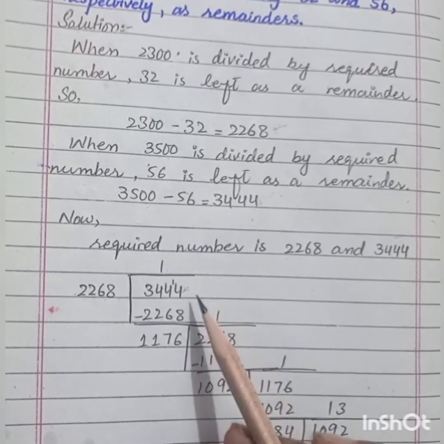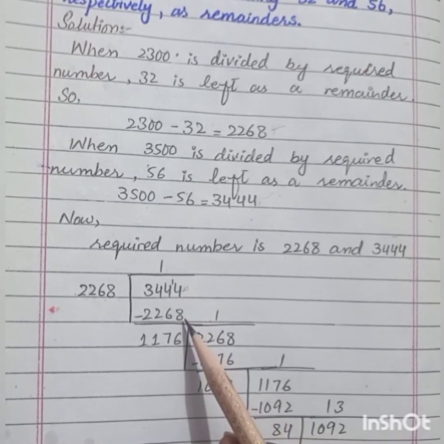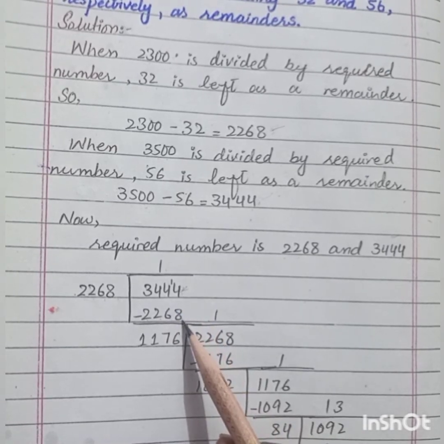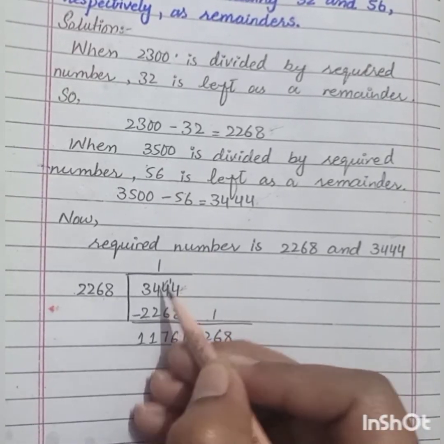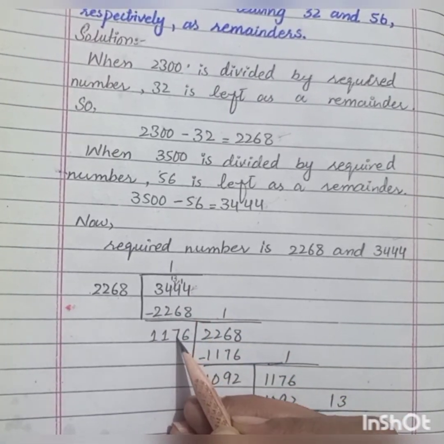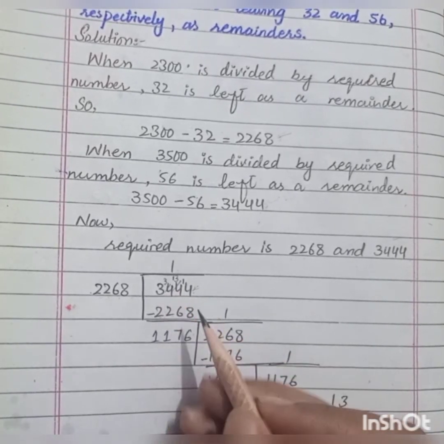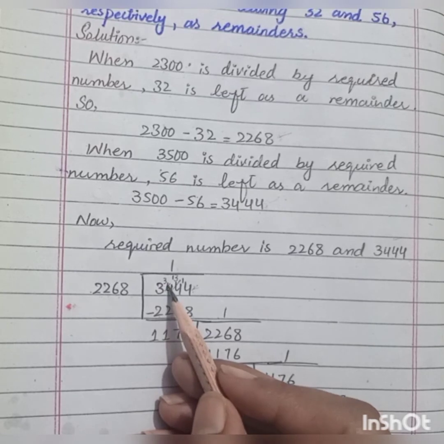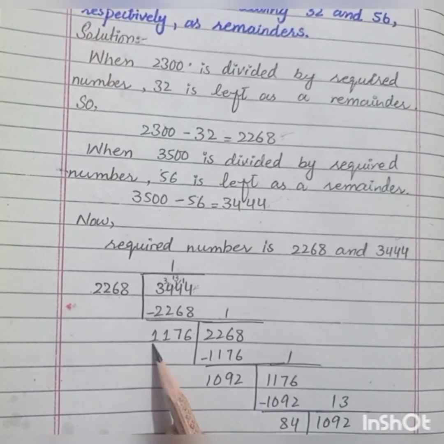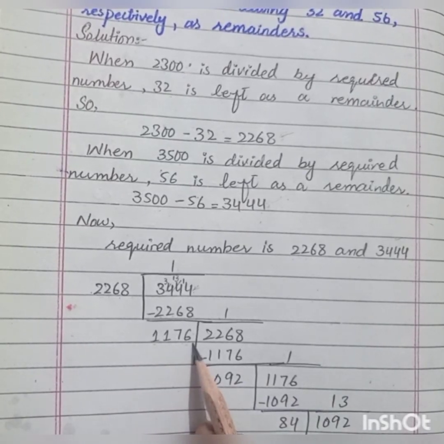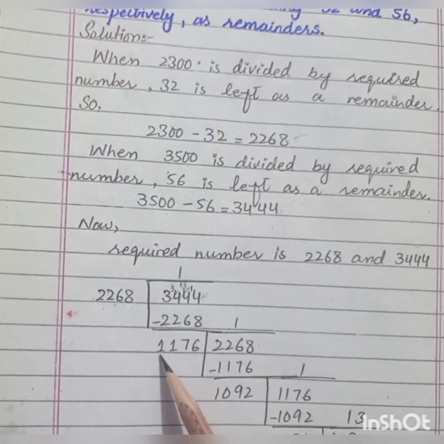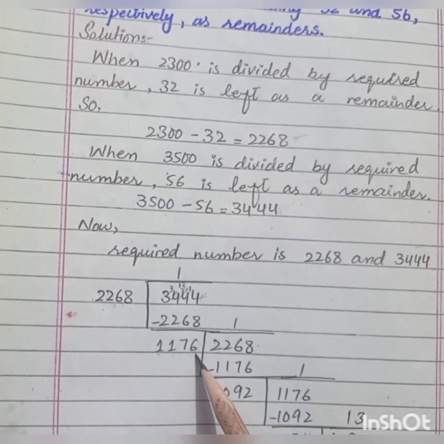Now subtract this value. Take 1 carry here, this would become 14, as 8 cannot be subtracted from the digit 4. So 14 minus 8 is equal to 6. Now here would become 3. Take 1 carry and it would become 13. Now subtract 6 from 13, the answer is 7. Here will be 3. Now by subtracting 2 from 3, the answer is 1, and again subtract 2 from 3, the answer is equal to 1. So the remainder is 1176.